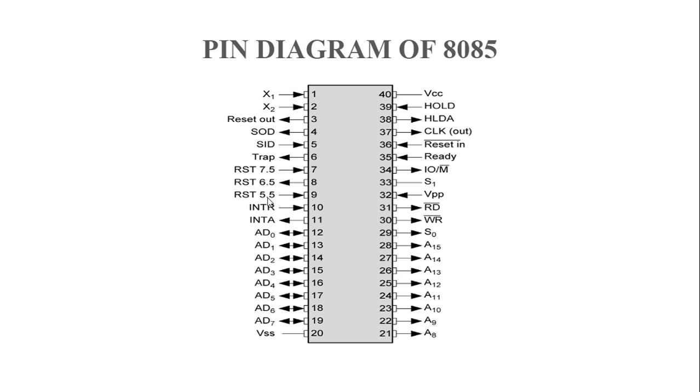We are not taking their description now because there is a separate unit on interrupts, and in that interrupt unit we will study them in detail. And when we study those pins in detail, you will get everything about those pins. That's why we now leave some pins, from SOD to INTA, and HOLD and HLDA. These pins remain, and we will cover them in the topics of unit number 4 and unit number 5. So with this we have completed the pin diagram of microprocessor 8085.